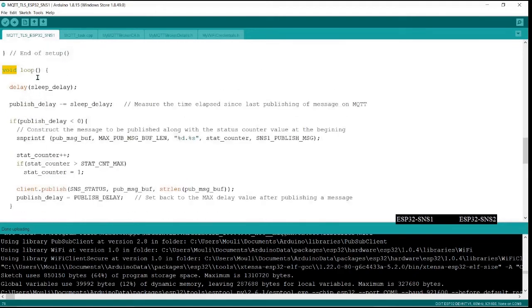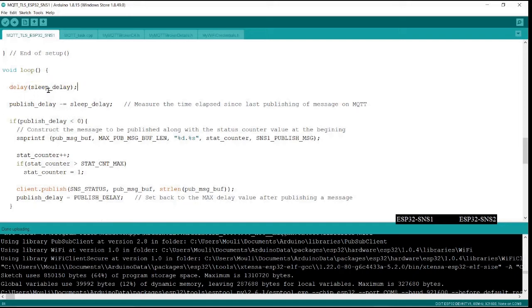Now this task, which is going to be calling this loop continuously, is meant for controlling the LED. So I am getting some publish delay. I am computing it because I need to compute a 5-second delay. But I also make sure that the LED blinks at different rates based on the command.